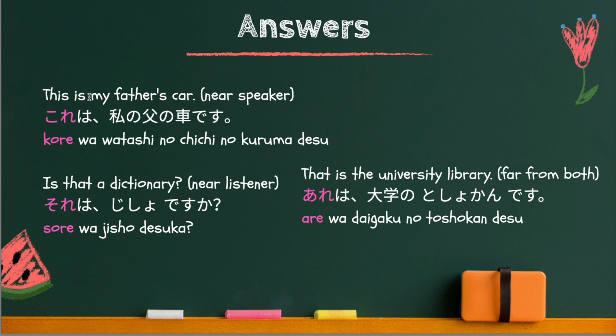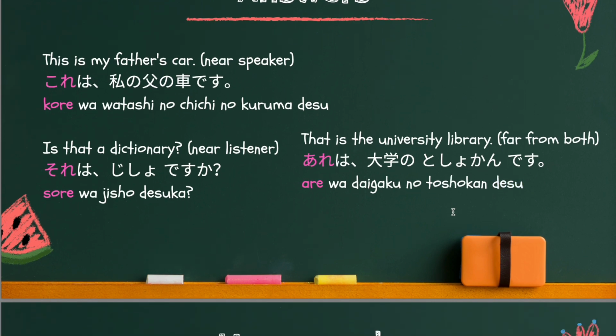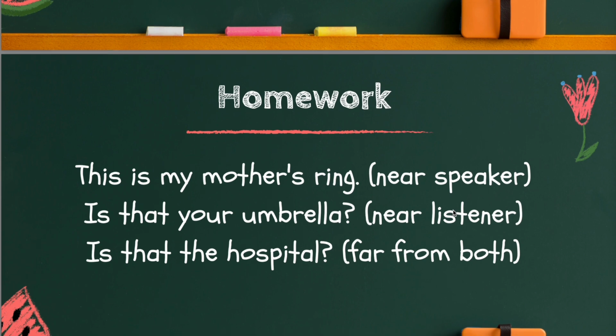And if, for example, the sentence is in a negative form, for example, this is not my father's car, then the ending should be ではありません or じゃないです。Same here. That is not a university library. If the sentence is in a negative form, then this should be ではありません or じゃないです。